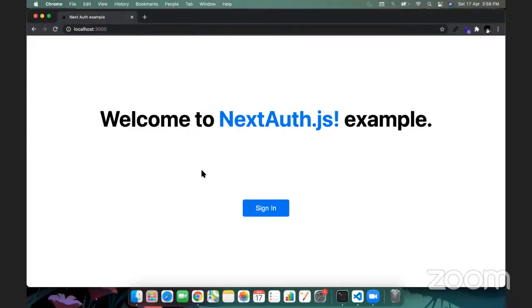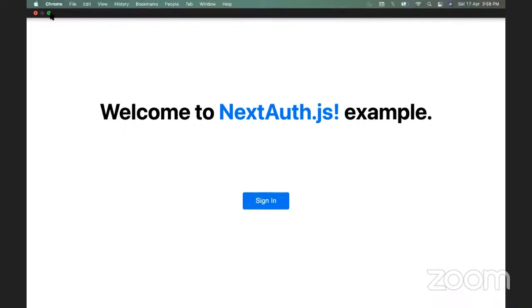I'm redirected to the dashboard automatically because I specified that in the callback URL. Once the 5 seconds are over, I'm already logged out of the application. So I'll remove the callback URL and I'll show what exactly happens.